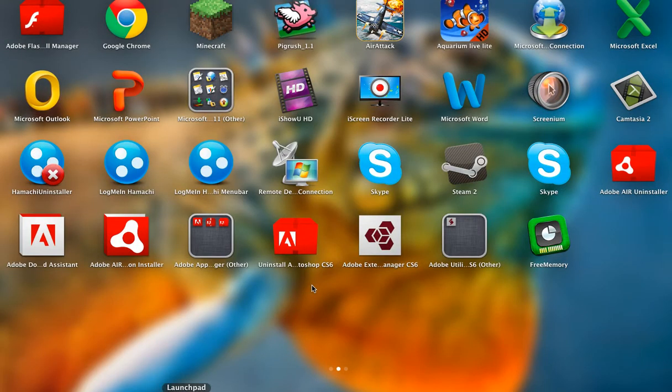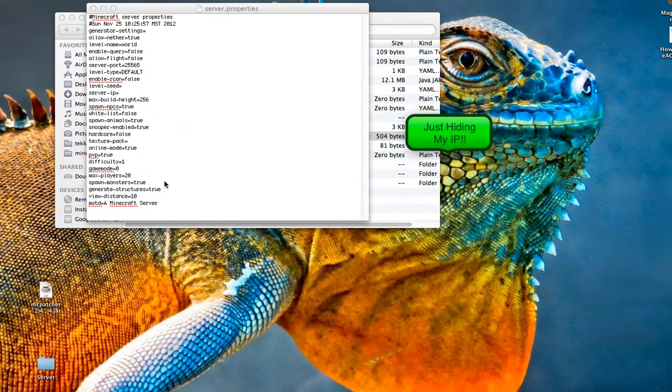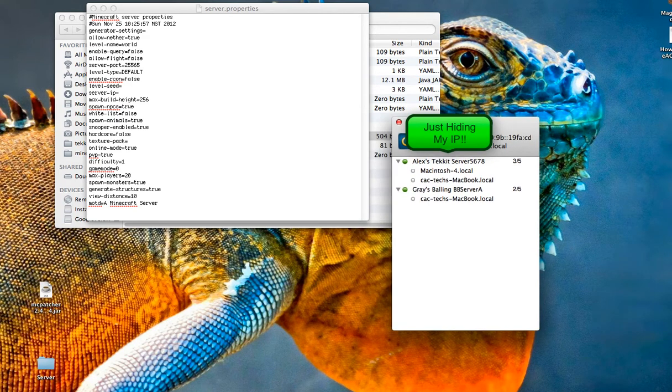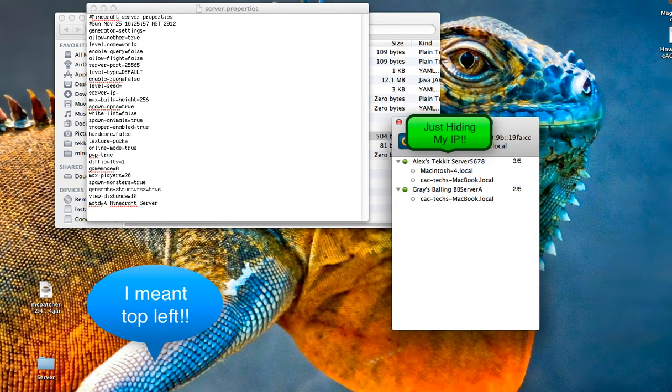So I'm going to go into here. I'll find my LogMeIn Hamachi. There's 3 different things. Just do the middle one that just says LogMeIn Hamachi and doesn't have the little X. So just exit out of there. And I'm going to have my IP blurred out right there. And these are my servers that I have made in the past. So what you want to do is go up to where, sorry, you guys can't see this, unfortunately, but go up to where it says LogMeIn Hamachi in the top right, on the GUI,